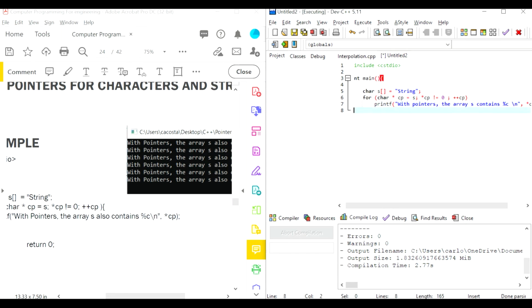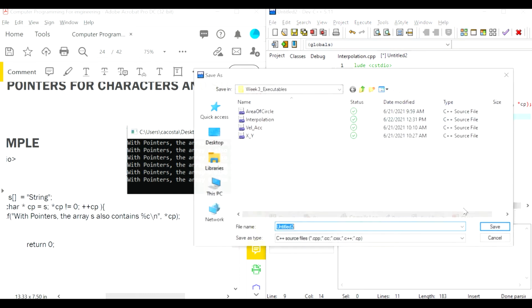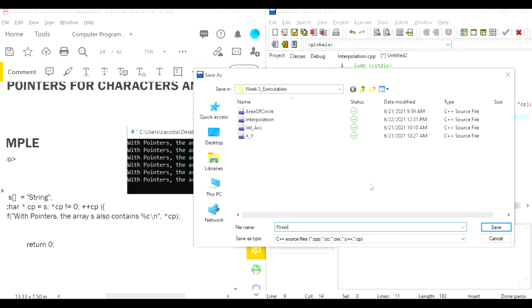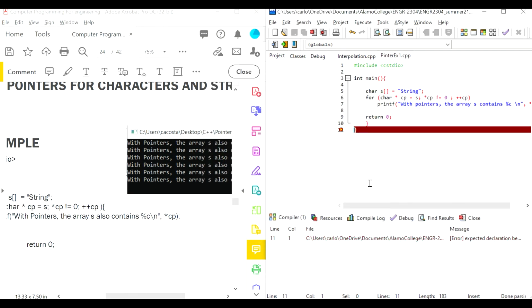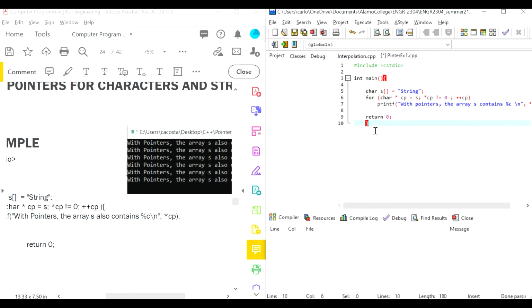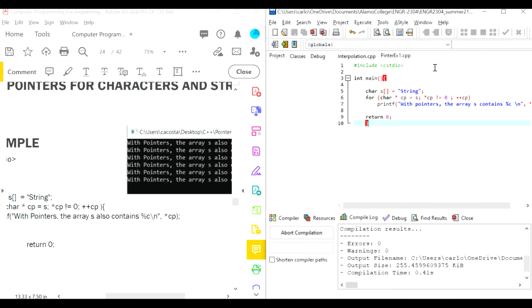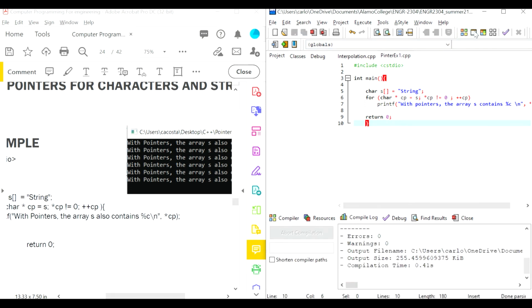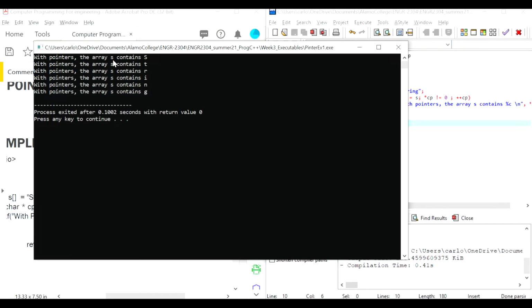Okay, and main. Return 0, and let's see if we have any errors. Yes, one more bracket. All right, no errors, and run it. So with pointers, the array S contains string,